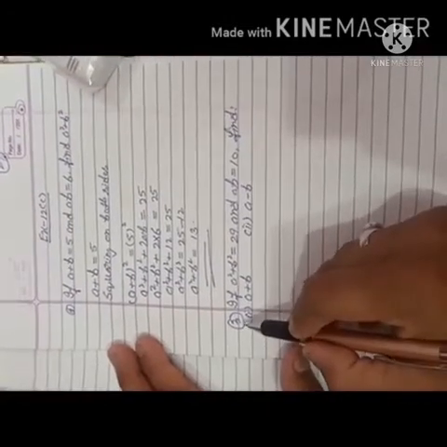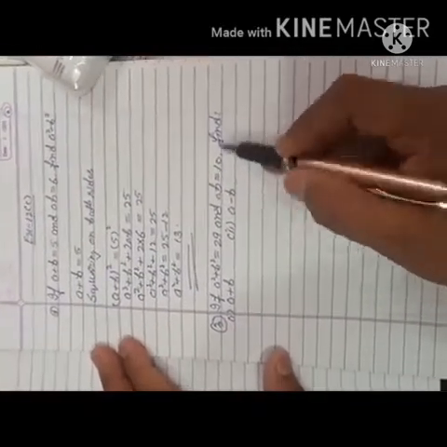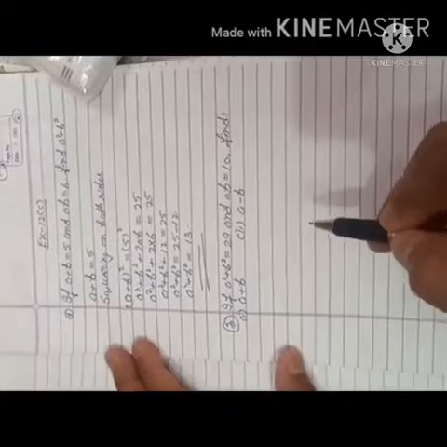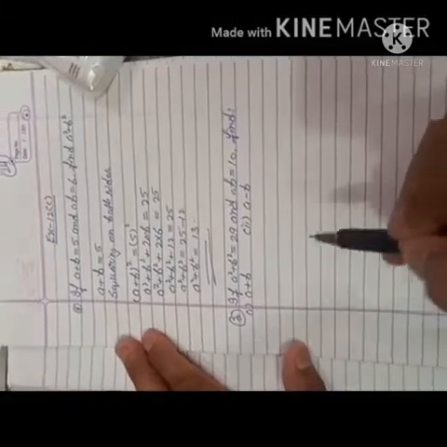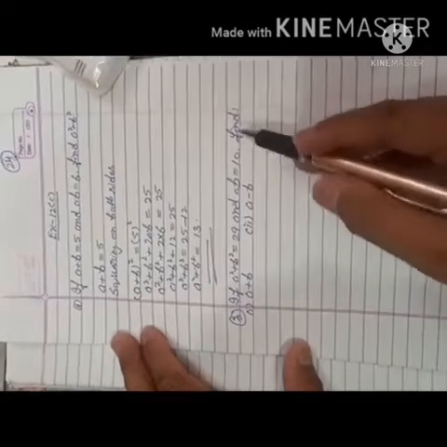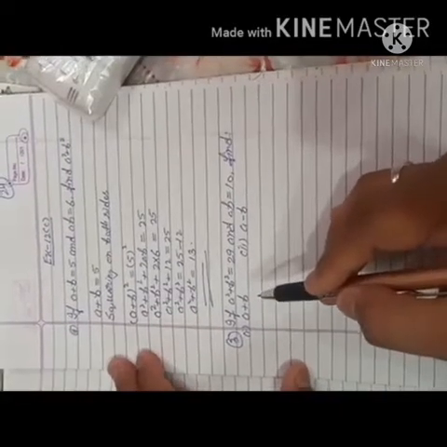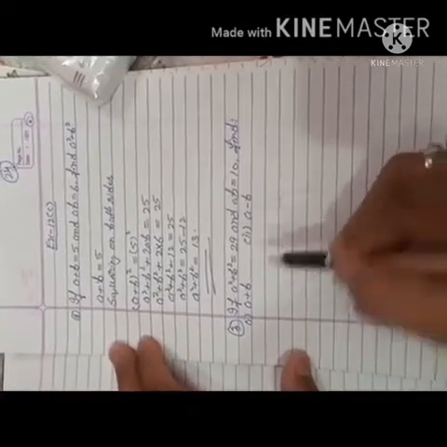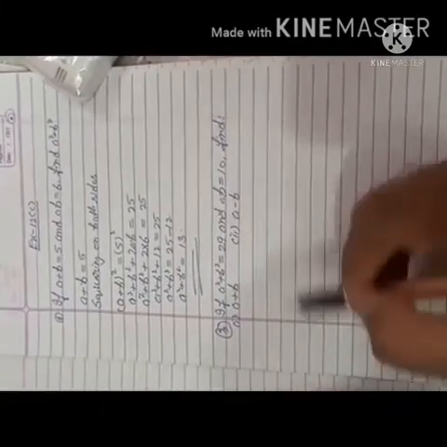Now students, the third sum. If a square plus b square is equal to 29 and ab is equal to 10, find a plus b. Students, I gave you 13 formulas to learn, but I am telling you one trick to solve these types of questions, or to identify which formula you will use in a sum like this. So what do we have to find? A plus b. Is there any formula of a plus b whole square? Yes, so that formula we will use. If the formula is not there, then we will see what is given, and according to that we will use the formula.